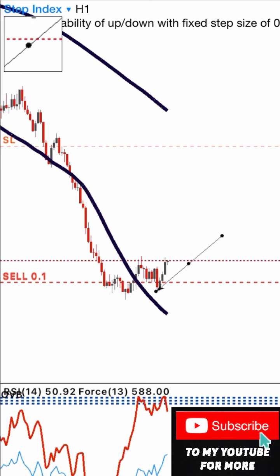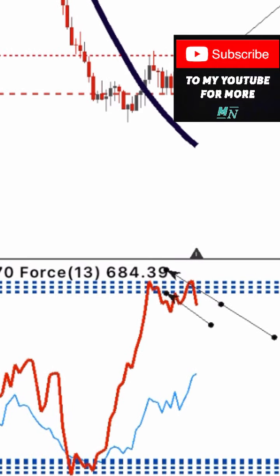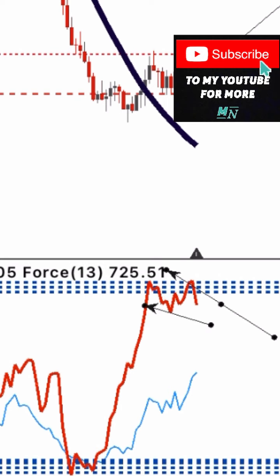when I found price here, I decided to place another sell. Why did I sell from here? Take a look at this, traders. Look at my RSI indicator. You can see that I had price at overbought, and that was where I placed the sell. I was anticipating that since it's at overbought, it should sell all the way down.